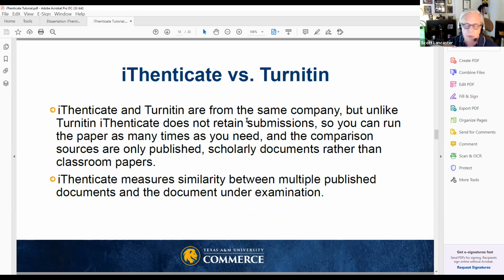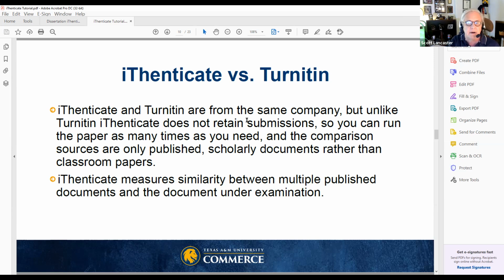With Turnitin, which is kind of a controversial thing about Turnitin, when student work is submitted to Turnitin, it becomes part of the database of material that future items are compared against. And there's a lot of controversy about doing that, but that's not an issue in iThenticate. When something is submitted to iThenticate, it does not become a part of the material that is then used in the future.